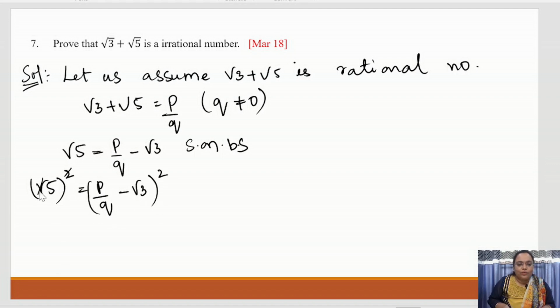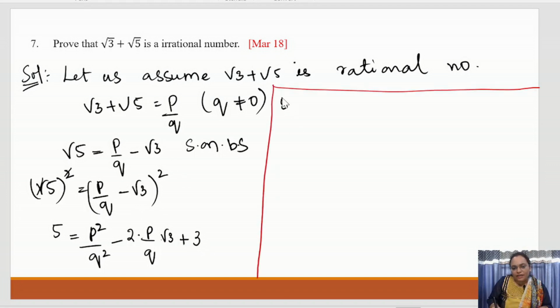So square and root will get cancelled, which is 5 is equals to, this is a minus b whole square. By expanding, you will get p square by q square minus 2 into p by q into root 3 plus root 3 whole square is 3. So you will get 5 is equals to p square by q square minus 2 root 3 p by q